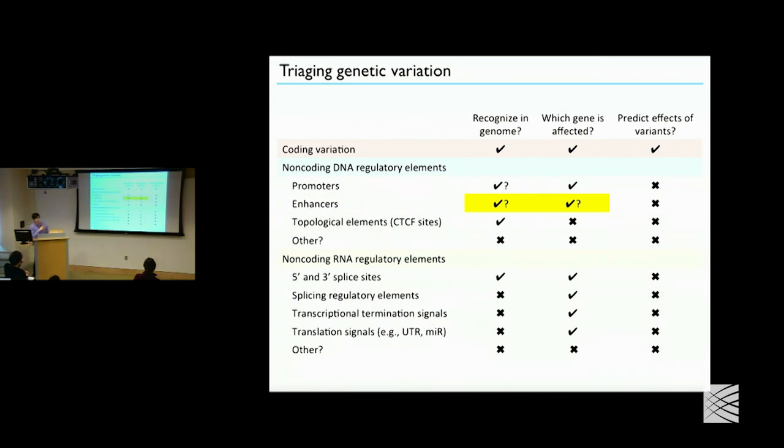So just to return to the scorecard in the last few minutes, we're doing a better job now of figuring out which things in the genome are actually enhancers and which genes are actually affected by those elements. We still don't really know how to predict the effects of particular variants, at least not based on what I told you today, but through other technologies, particularly synthetic DNA technologies, where we can synthesize different sequences and test their enhancer activity in massively parallel assays, we at least have the capability to generate the data.